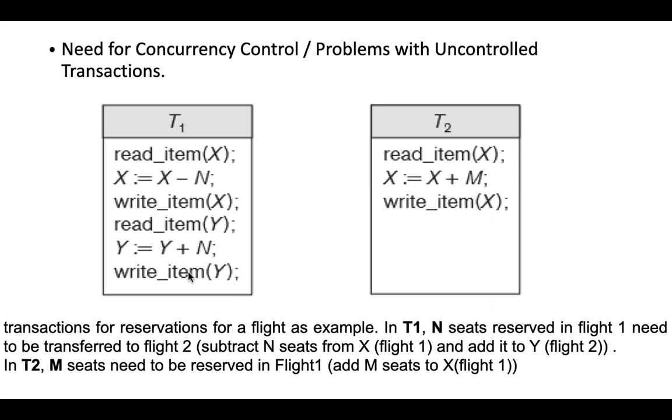You are transferring 1000 rupees to another account, and at the same time imagine someone else is transferring say 2000 rupees to your account, that is, your account is x. So from that person's perspective, he is dealing with a transaction T2, your account is read, and that m amount which he is trying to transfer to your account is getting added to x. So x equal to x plus m, and write item x, that transaction also has to occur.